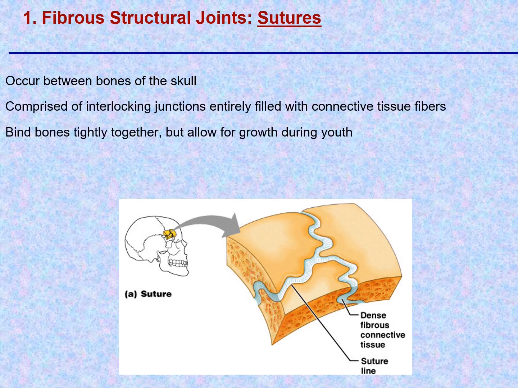The sutures, the first type of fibrous structural joint, occur between the bones in the skull. These are interlocking junctions filled with connective tissue fiber. So there's quite dense fibrous connective tissue in between. This binds the bones tightly together, but